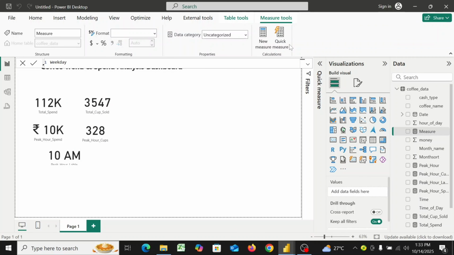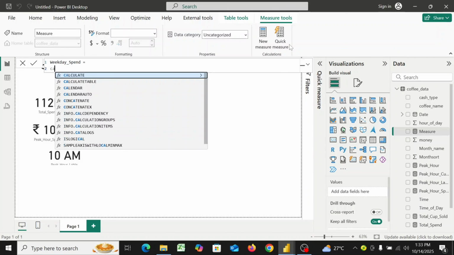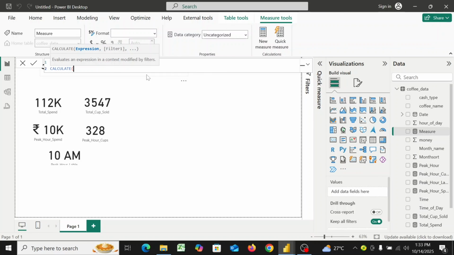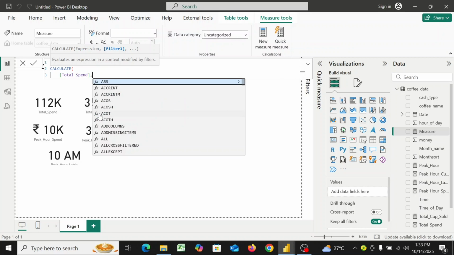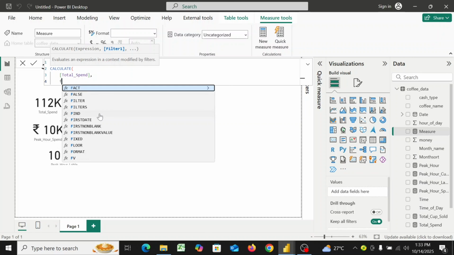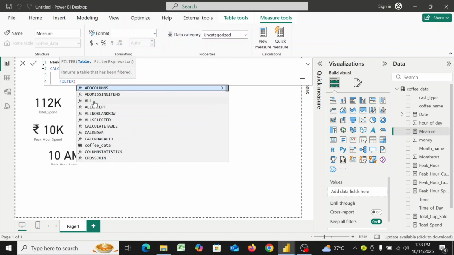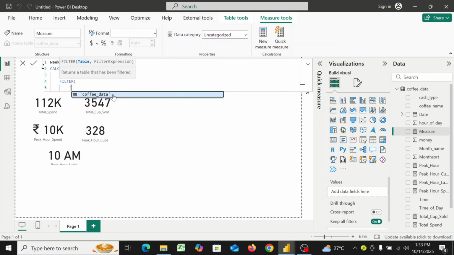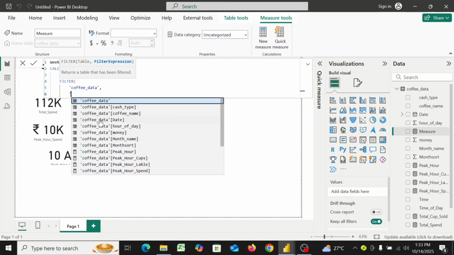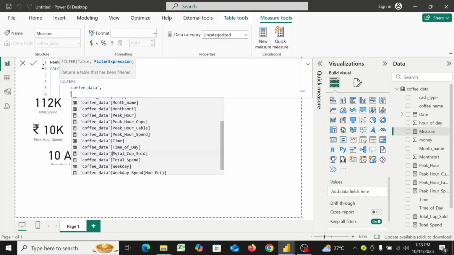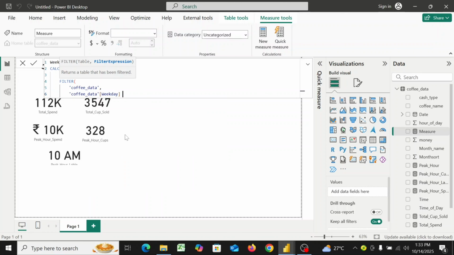Weekday spend equals, use the calculate function to calculate the total spend, comma, filter the coffee data, comma, coffee weekday column in,